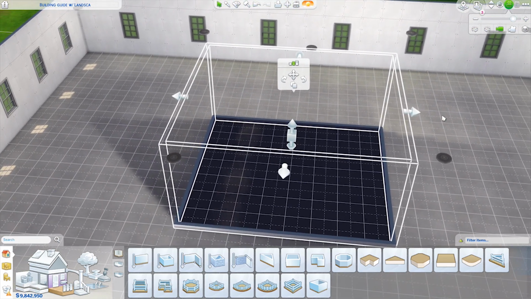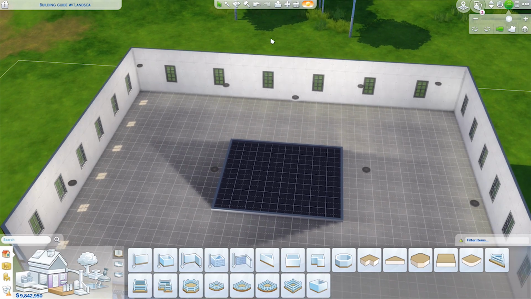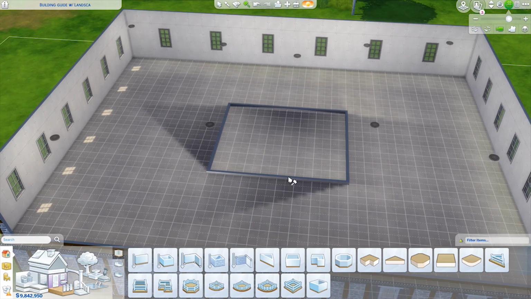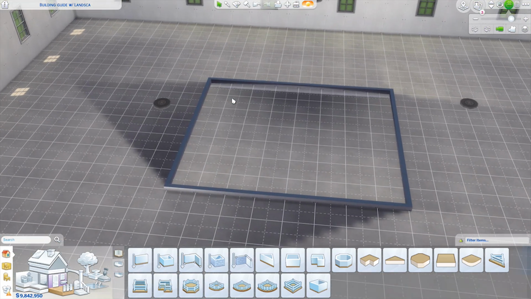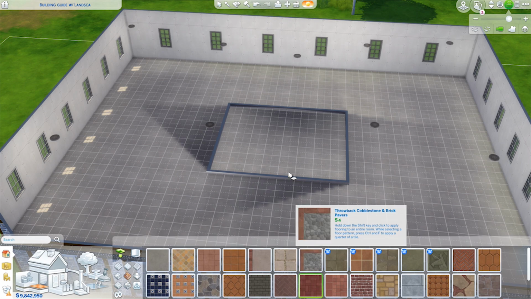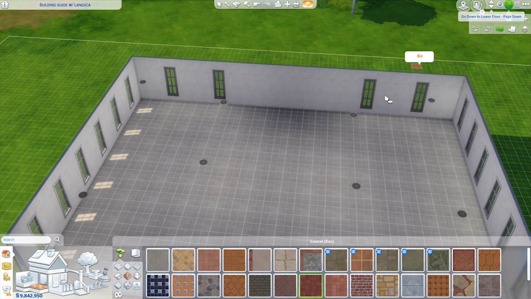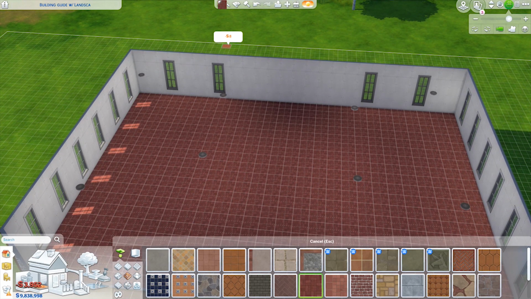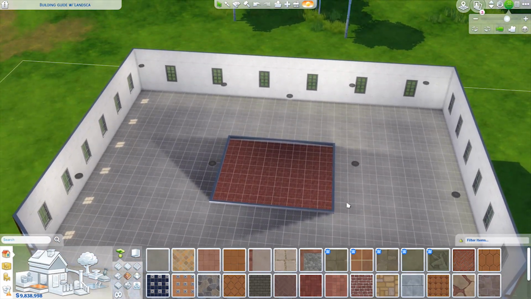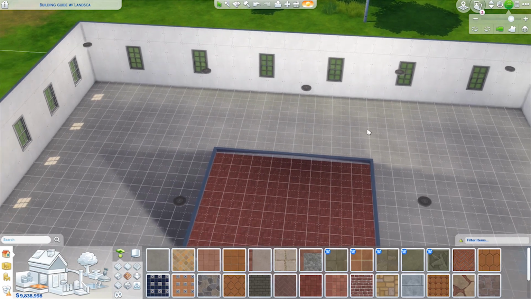So now that I've got my room created, I'm going to go ahead and delete the floor of that room. So now it doesn't look any different, but if I were to, I don't know, change the color of the floor downstairs to be like this, then you can clearly see that we're looking down below to the first story